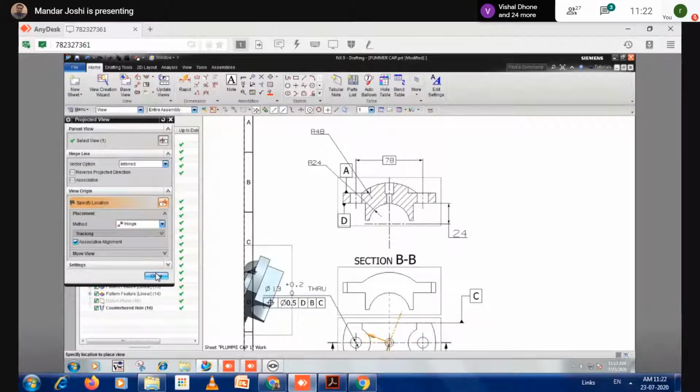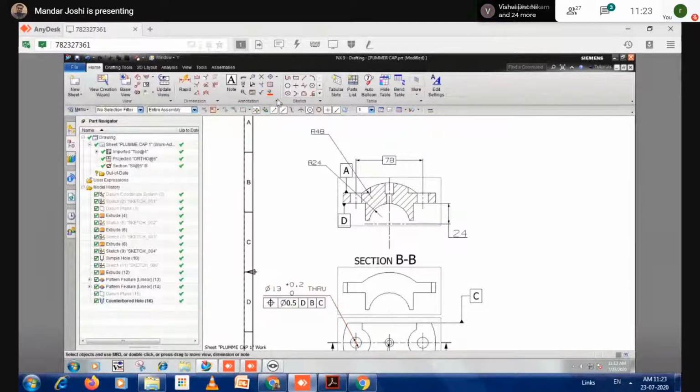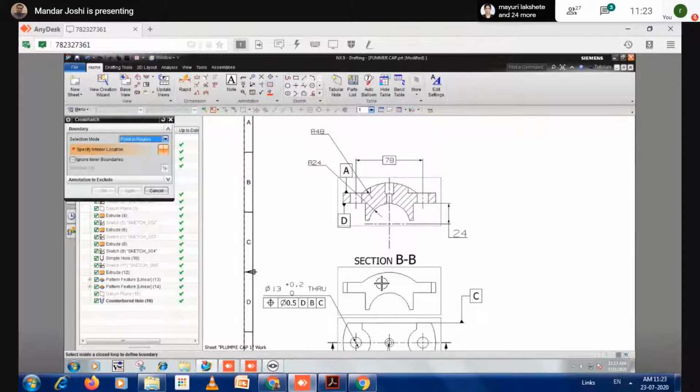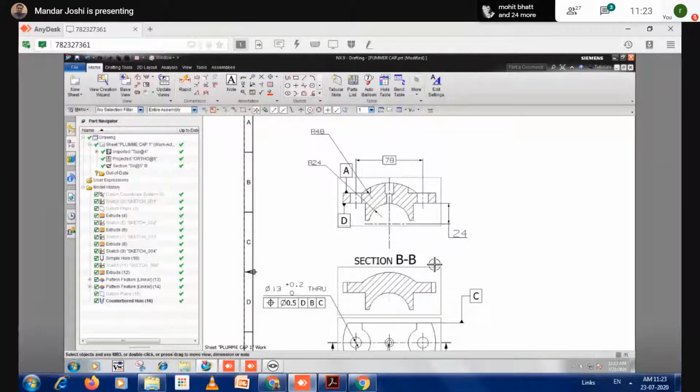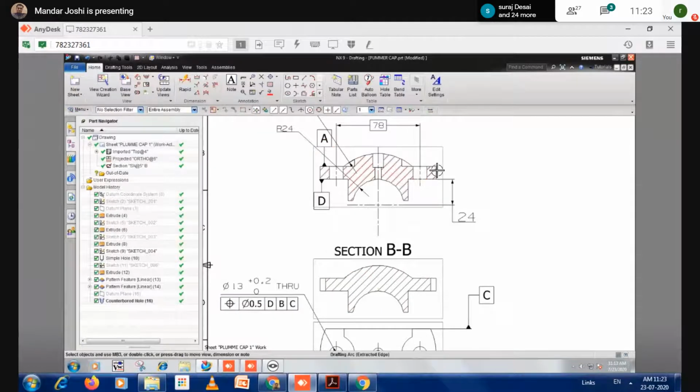Now if you want to show a hatching, that is totally the wrong method. If you want to show a manual hatch portion, select this cross hatch option. Click on that cross hatch, then select the close boundary and then apply. So this is the manual hatching. But in this method, the view is not correctly cleared, because if you see these two views completely, there are big differences. What is that? That hatching is not complete here, it shows a complete object. Even though internal hole details are not showing clearly, here in this first sectional view you see the internal detail holes. Okay, so I'm going to delete this.